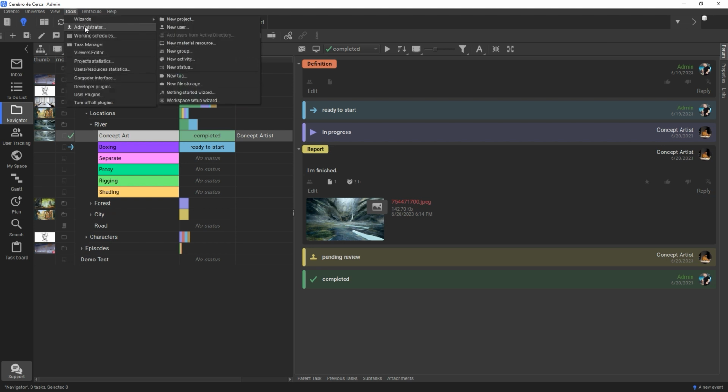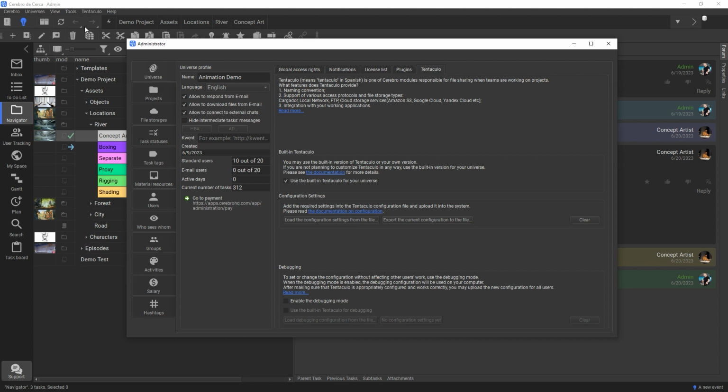Tentacular for your software. To tell Tentacular what it needs to do, you'll have to configure it using a JSON file with the necessary parameters. Don't worry, we describe all the existing parameters in our documentation, and will explain how to configure Tentacular in a separate video.